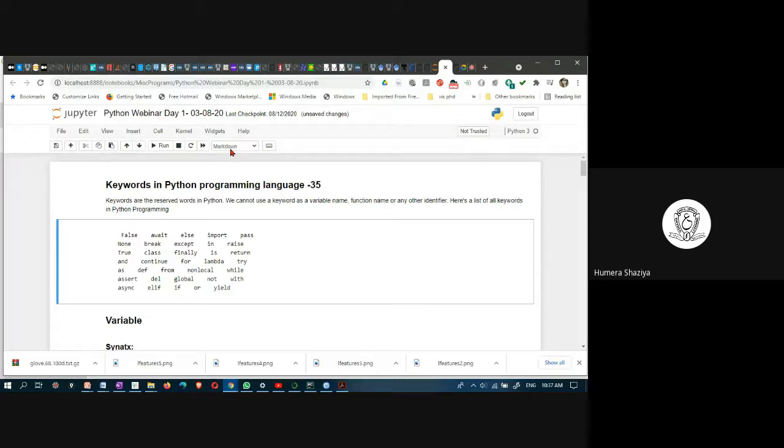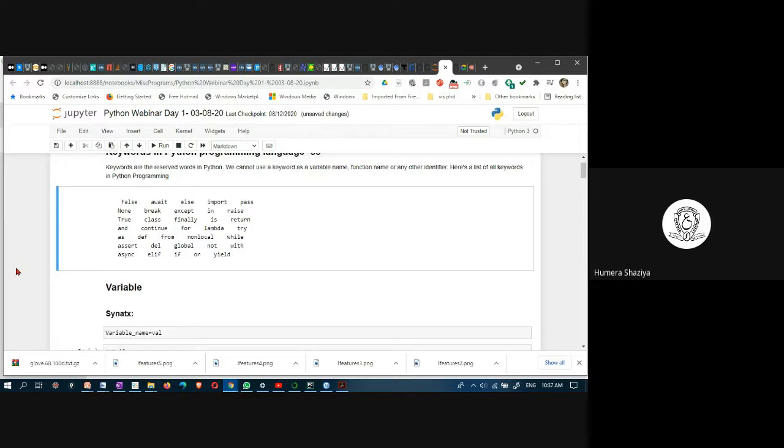Look at here. Are you able to see, all of you? When I am just selecting this by clicking anywhere on it, it gets selected. After it gets selected, it shows here which kind of cell it is. It is markdown cell. This is also markdown cell.